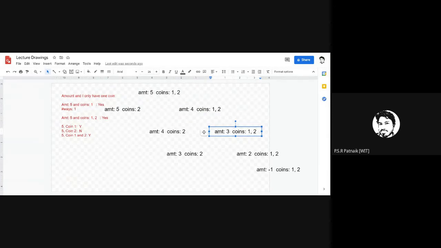If you want to decide, let us say that you are at this point, and here, if I consider this branch here, amount 2 and the ability to use coin 2 and 1.